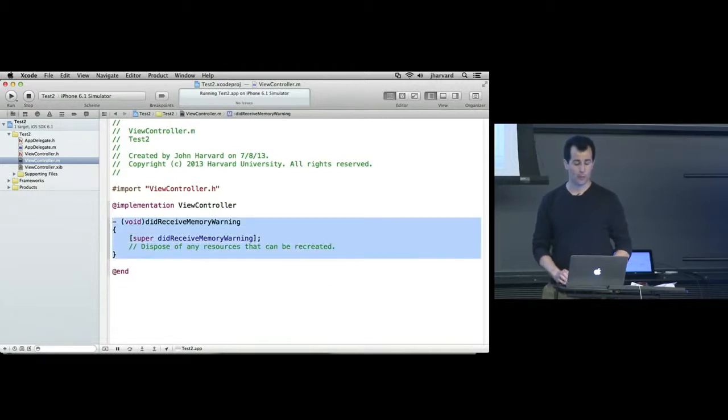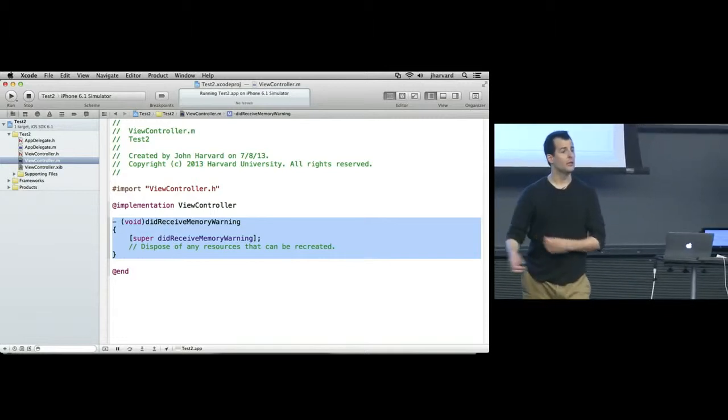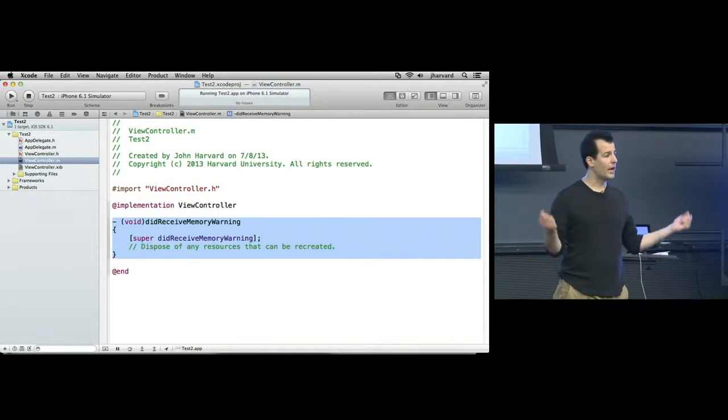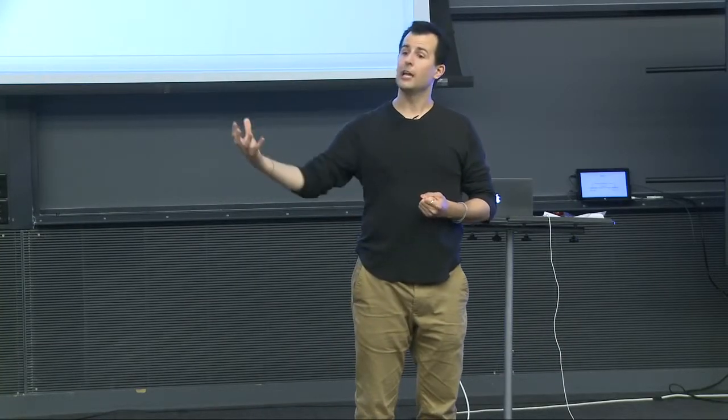Did receive memory warning. I'm not going to need this one either, so I'll hit delete. But you can probably guess what this means. If your iPhone has a limited amount of memory, which it does, and you start loading lots and lots of apps, and you've gotten a lot of mail, loaded some big web pages in Safari, and your phone is running short on RAM, this message might get sent to your game saying, hey, you better calm down and give up